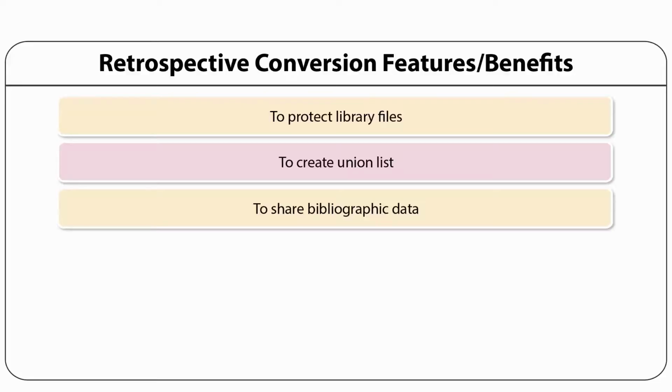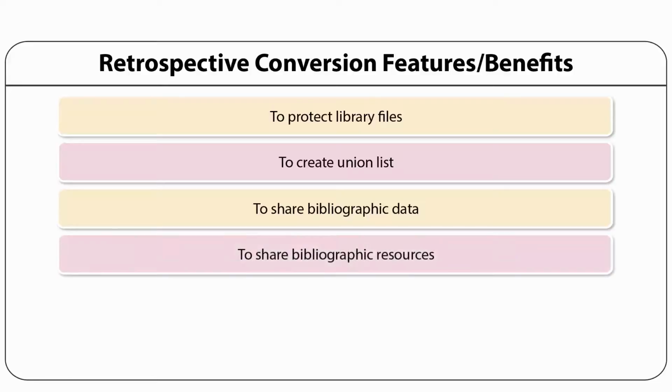Let's come down to point number 11, which is to share bibliographic resources. Not only is the bibliographic data made more widely available when in machine-readable format, the bibliographic items themselves are often more widely available to other libraries. Through the use of central databases and electronic mail, the interlibrary loan function in many libraries, especially smaller ones, has been greatly enhanced by the ability to identify a location for an item and subsequently to make an interlibrary loan